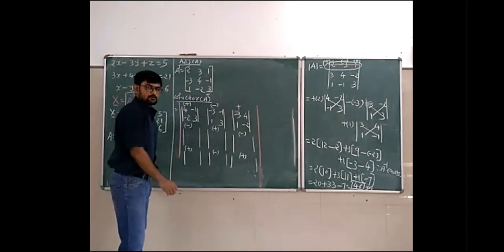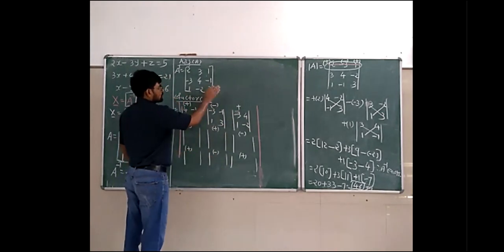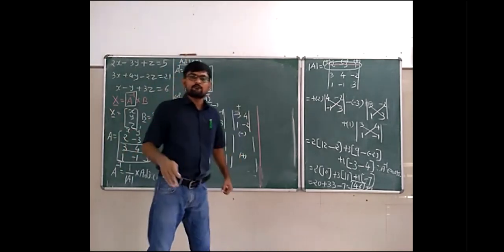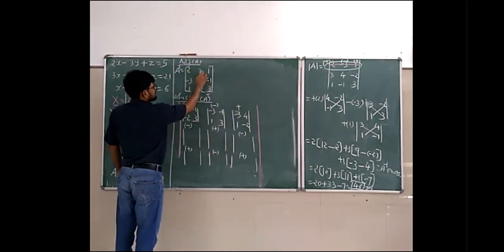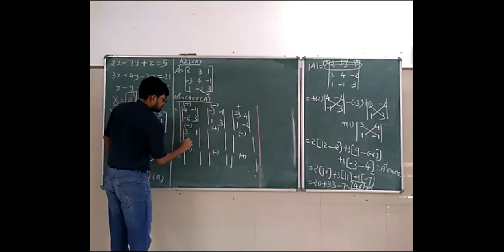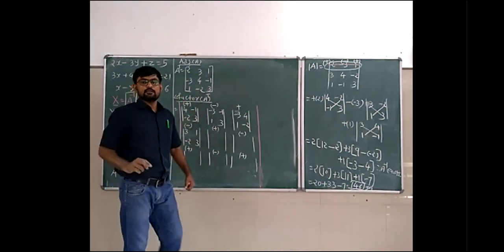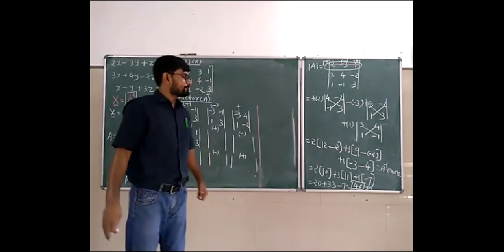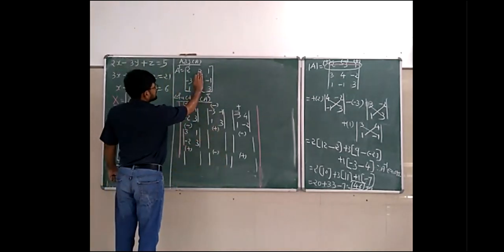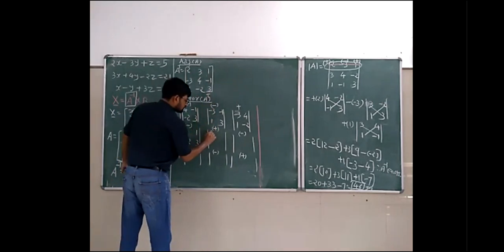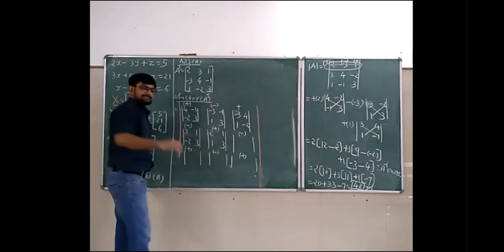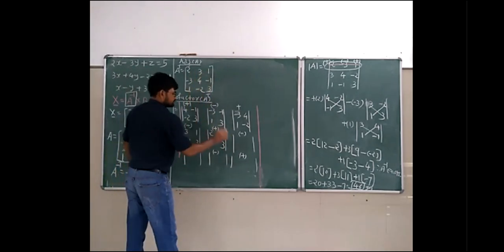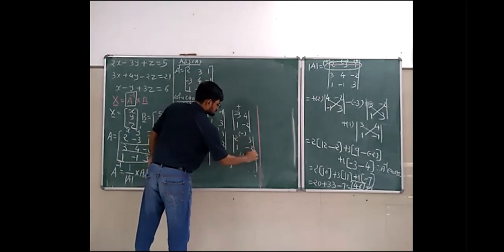Now find for the second row. So cancel the second row. Now don't consider the second row. And now cancel column one by one. If you cancel the first column, you will get 3, 1, minus 2, 3. If you want to find the cofactor for the second row, don't consider the second row. Now cancel the second column. So we'll have 2, 1, 1, 3. Then cancel the third column. So we have 2, 3, 1, minus 2.